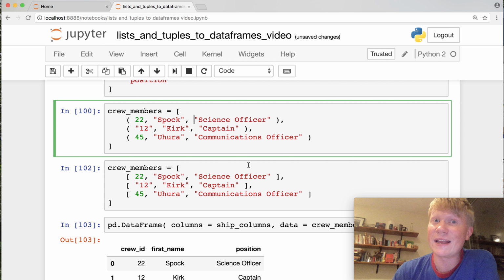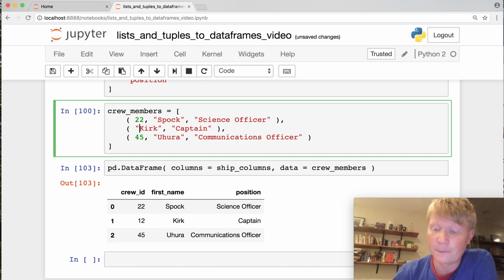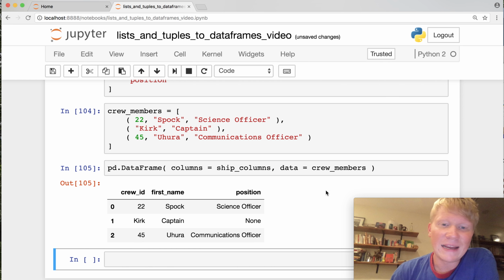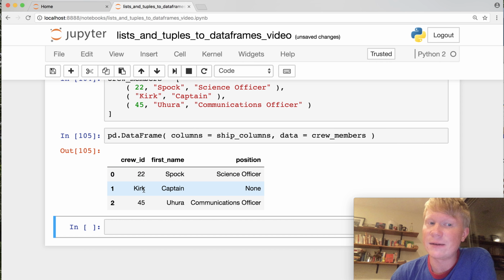In fact, I'm going to delete this just so it doesn't confuse us further. Another thing that might happen when you're working with real-life data, by the way, is you might have something that looks like this. So you might have a CSV file where the first row contains values for all the columns. That's great. But then the second row has missing values, and those are not expressed as anything in the CSV file. If we run this, it doesn't break our data frame, but it does give us a weird result, because now Kirk's ID is equal to his first name, and his first name is equal to his position,